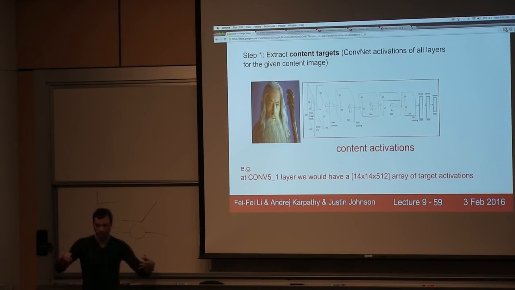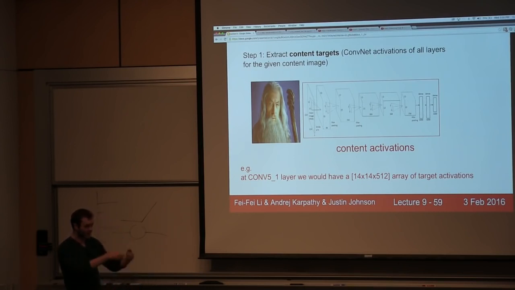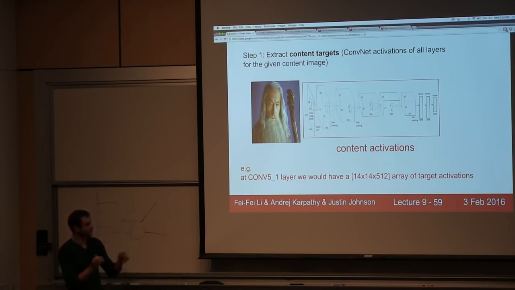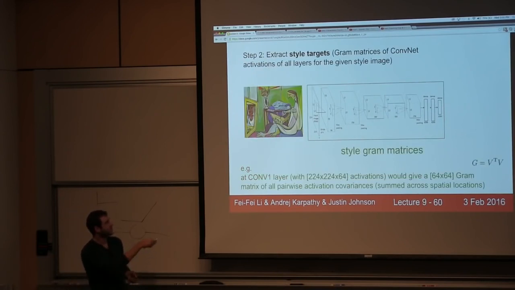We're just going to store those raw activations. Very simple so far. And we're going to say that these raw activations basically kind of correspond to the content of the image. That's how we're going to call it. Now, to extract the style, we're going to take the style image and pass it